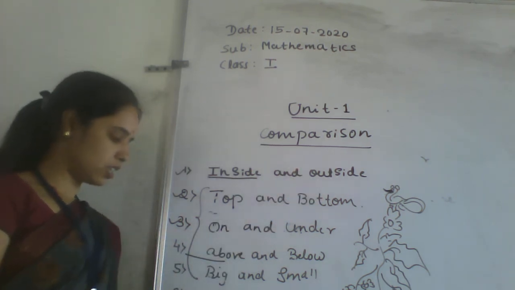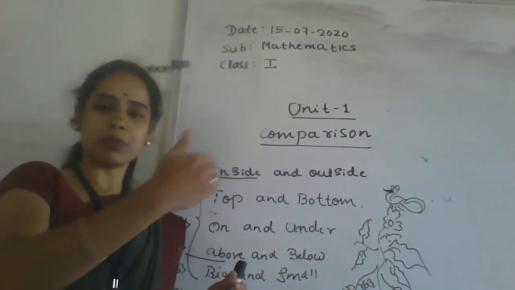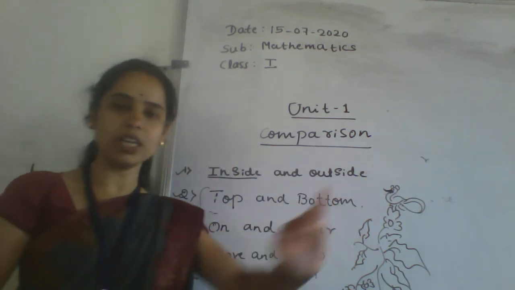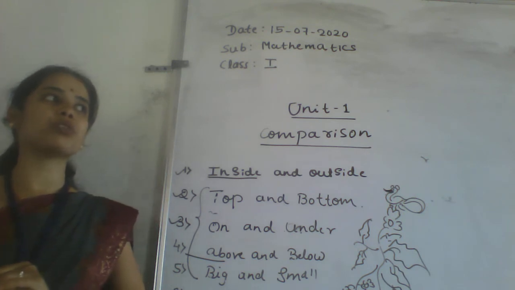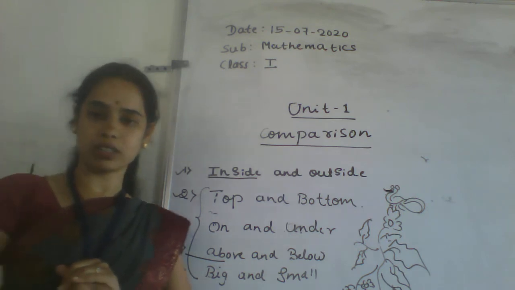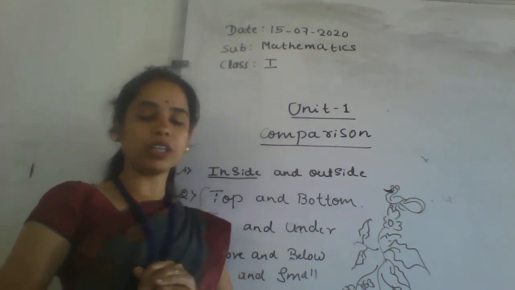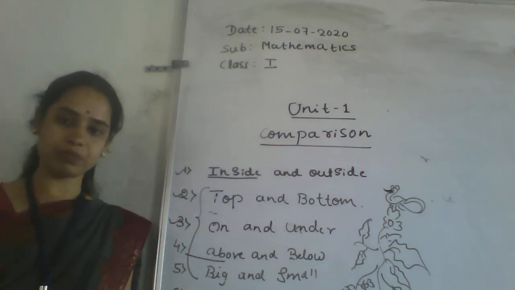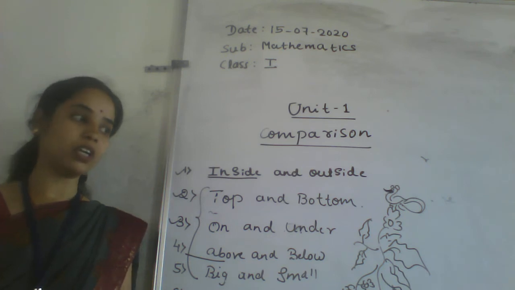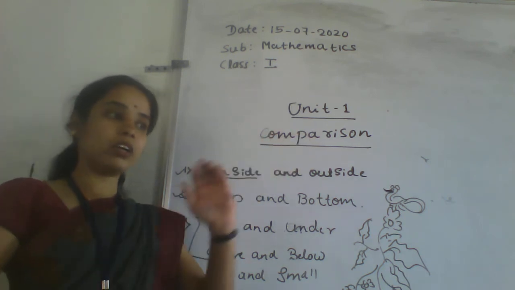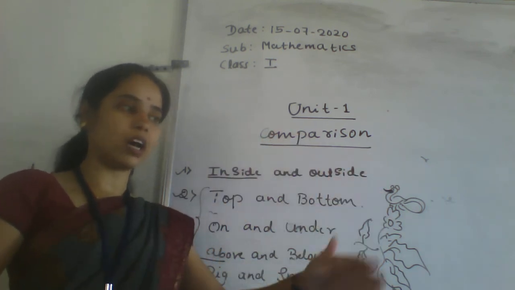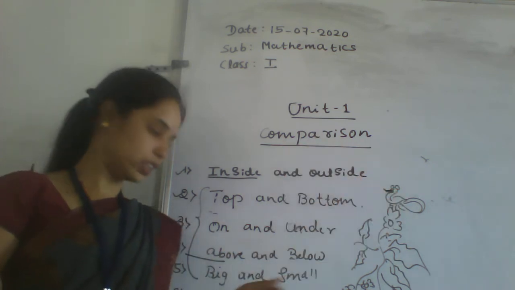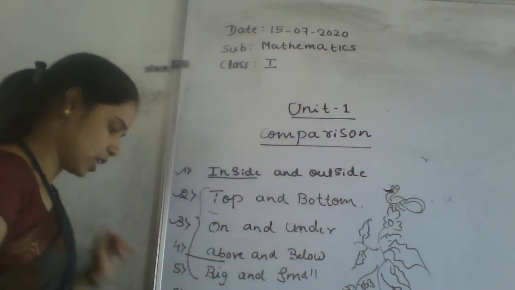What is it? Near and far. Here, near means sameepa, far means dura, right? Then if anybody asks you, if you are sitting with a keram board, which is nearer to you, suddenly what will you say? Keram board is nearer to me. Then if that sofa set is far, which is far to you, sofa set or any person or anything, right? This is near and far. See here.